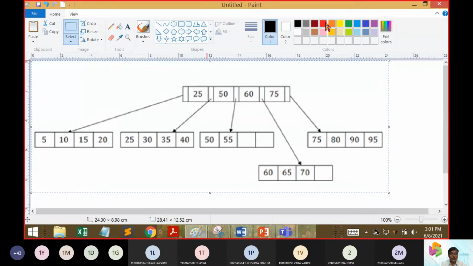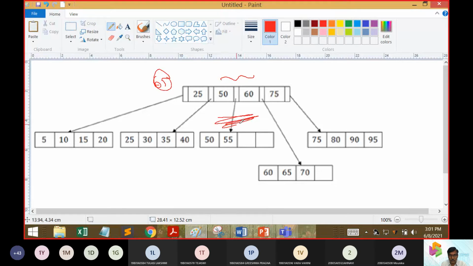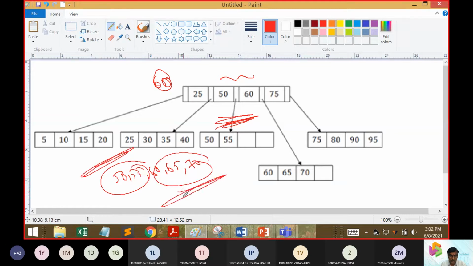So now at this point you can see here we have to insert 65. So it comes here. Then there was a choice at this point: 50, 55, 60, 65 and 70. So now what happens? We need to divide this one partition. This is another partition. We are going to divide it and we are creating L and L2.